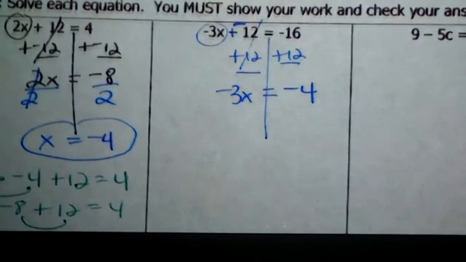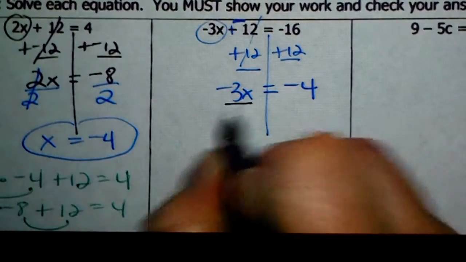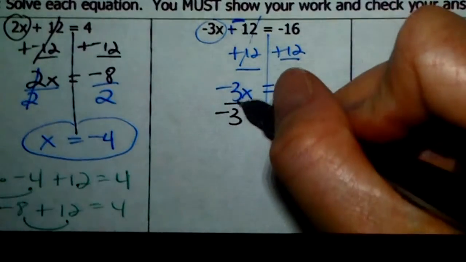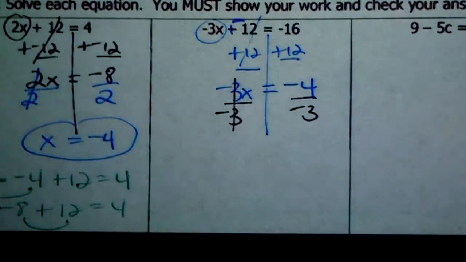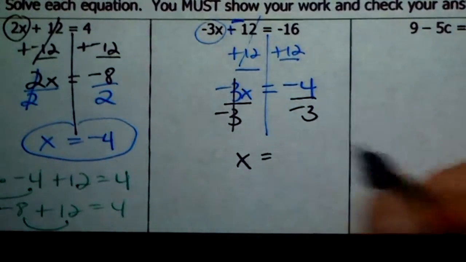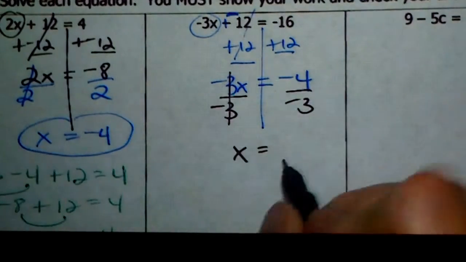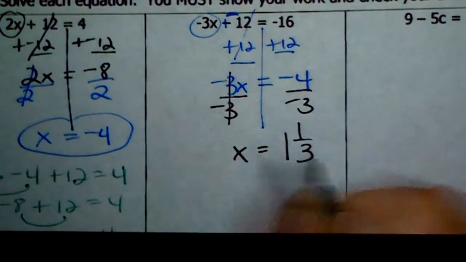Alright, I'm not done because the x has a negative 3 next to it, and that won't work. So I need to divide by negative 3 because that's how you undo multiplication. Negative 3 divided by negative 3 is 1. 1x is x. And we're left with 4/3. It's a negative over a negative, so it is positive because when you divide two of the same signs, you get a positive. And instead of 4/3, I would really like you to say 1 1/3 because that's what 4/3